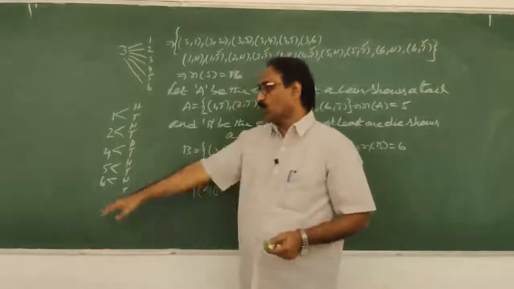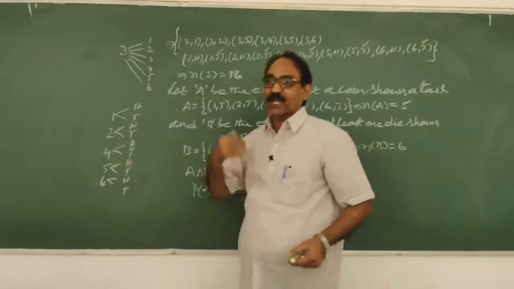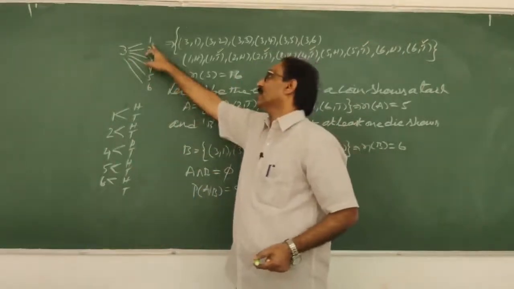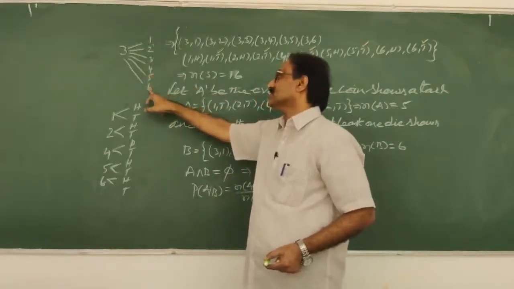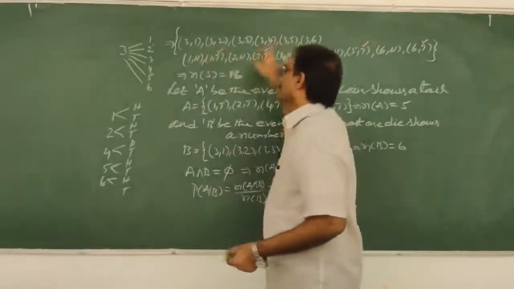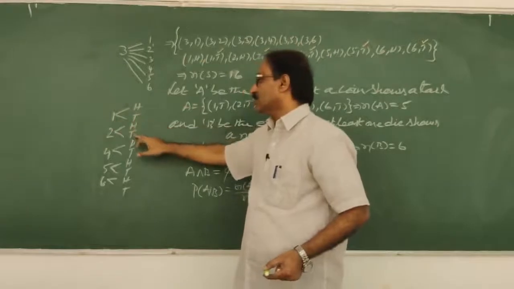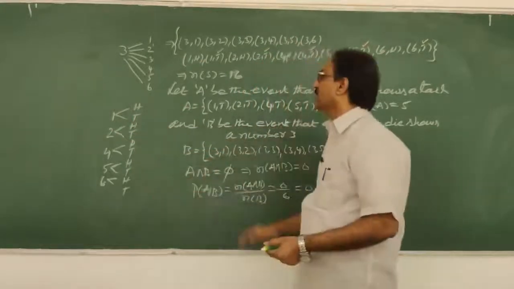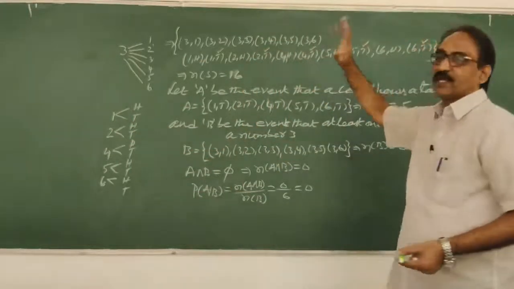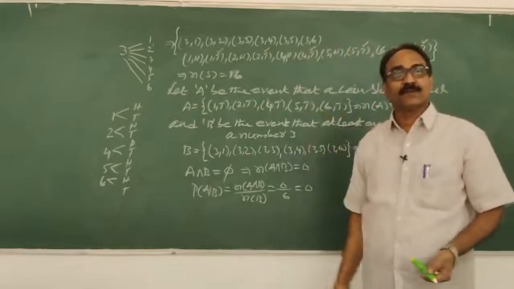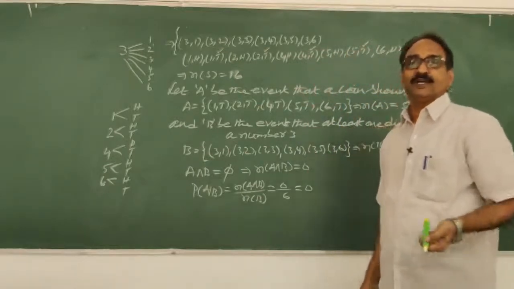When a die is rolled, 3 will come. Next, again a die will be rolled, and if I roll a die there are 6 chances here. So all 6 chances are these. Like that, 1 comes means head and tail, 2 comes means head and tail, 4 comes means head and tail. So I wrote the total number of sample points here. Then you can understand, and if any new problem is given also, you will be able to get it.